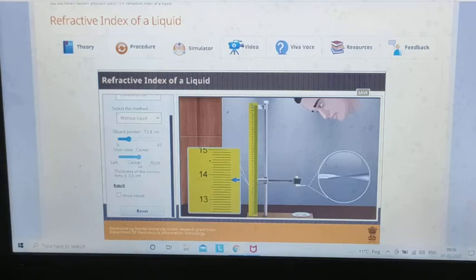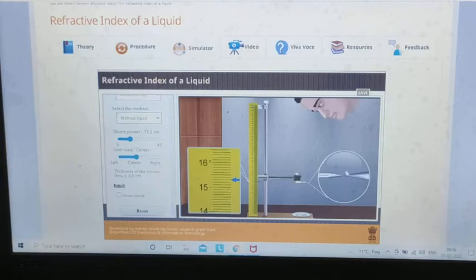Still you can see there is parallax. So this is our way of doing the experimentation. You have to keep the object pointer at a position of your choice and see that these two needles move along with each other. This is exactly our objective here.